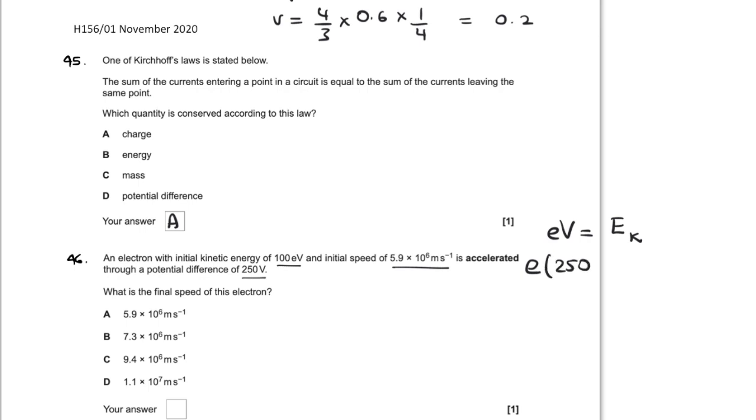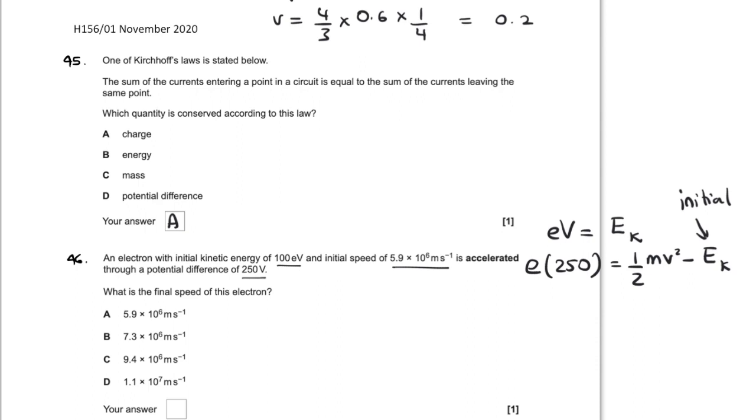So E times 250 is equal to, now because there is initial kinetic energy and final kinetic energy, I'm just going to write it down as half mv squared minus the initial kinetic energy, which is given to me. I'm just going to put it down as initial, just for explanation purposes. So now, if I rearrange it to make V the subject, I'll easily be able to figure out the velocity